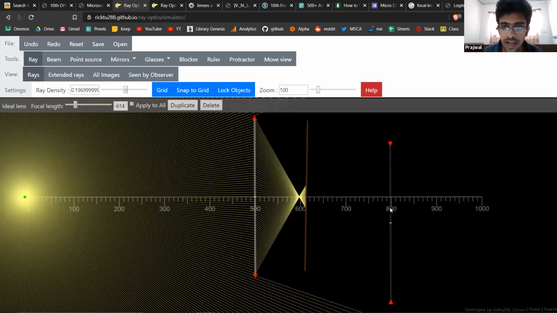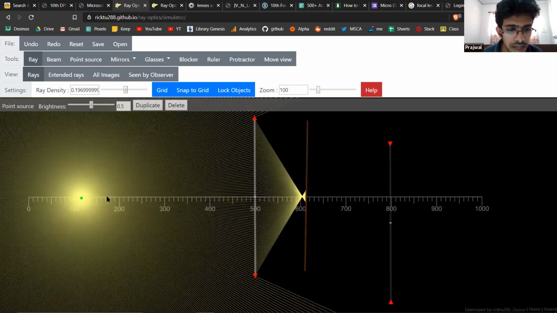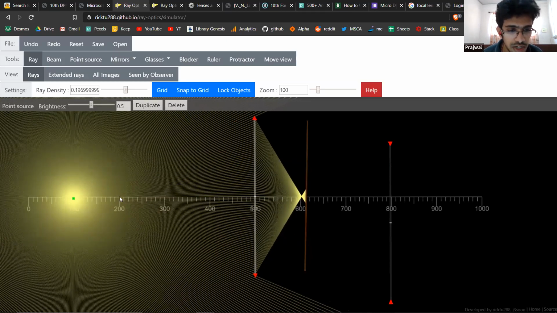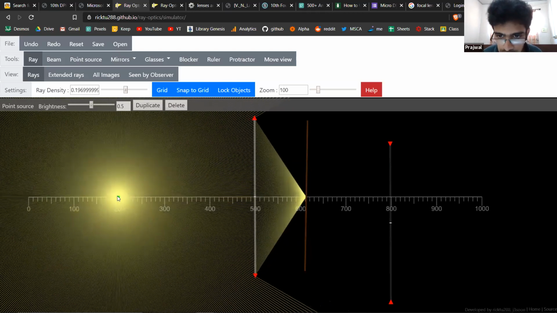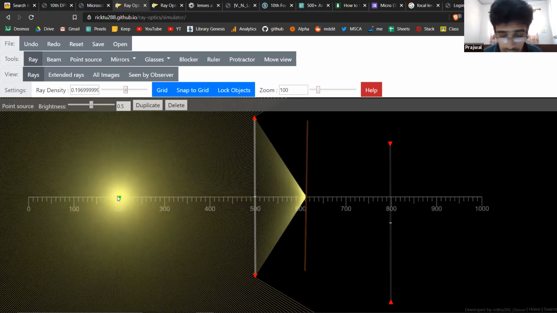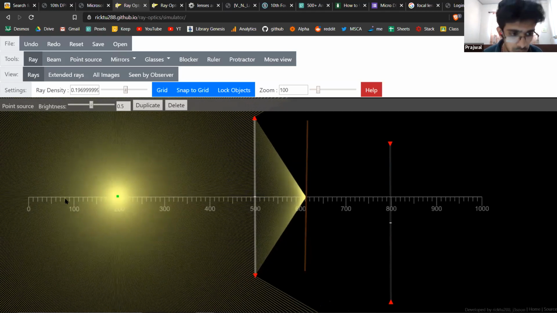Before that, I want you to remember, if I place the object at 200, the image is formed perfectly. If the object is before 200, the image is formed perfectly. Hope you guys got that. Now I take the object really